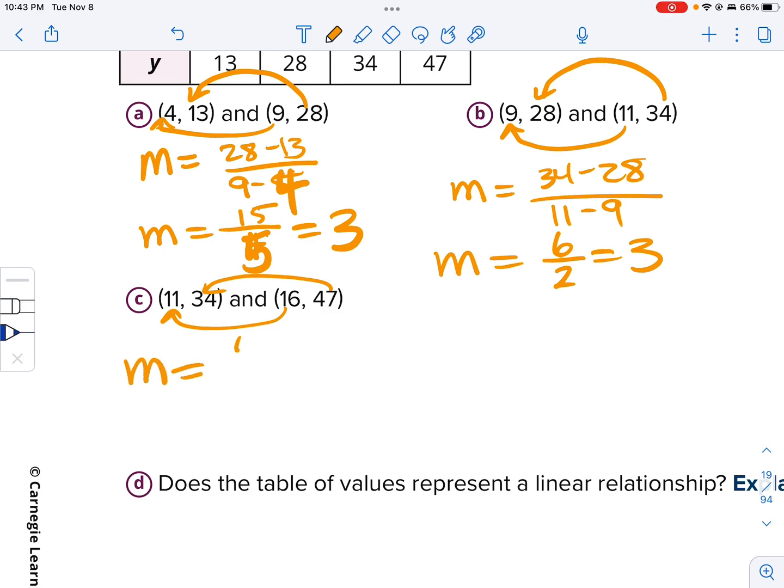So my slope is going to be 47 minus 34 over 16 minus 11. So that's going to get me a 3, a 13. Is that right? Since I'm doing so well with my arithmetic today. And that's a 5. Oh, nope. Got to make sure that I'm doing it correctly. 47 minus 34, 13, 16 minus 11, 5. Yeah, so